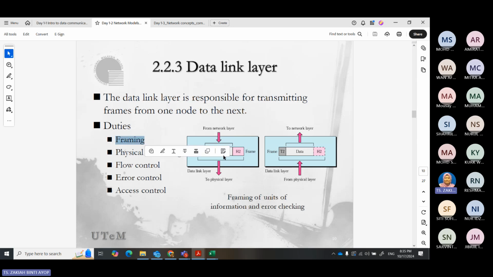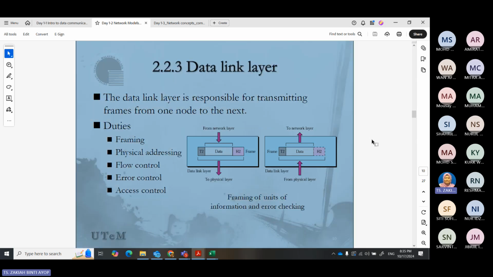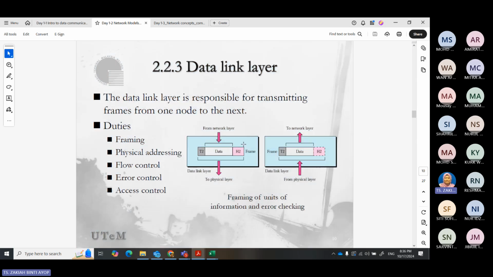So the previous packet would be divided. We chunk it into small portions of frames. Then each will contain some header and trailer, and then that data. So by this layer, we have the content of what needs to be transferred to the physical layer.